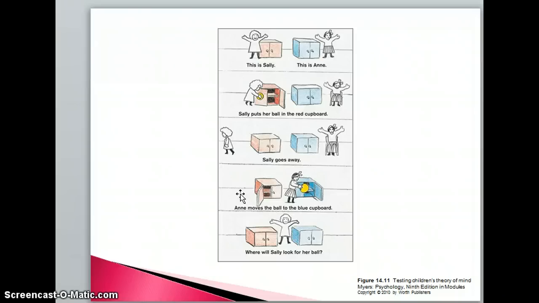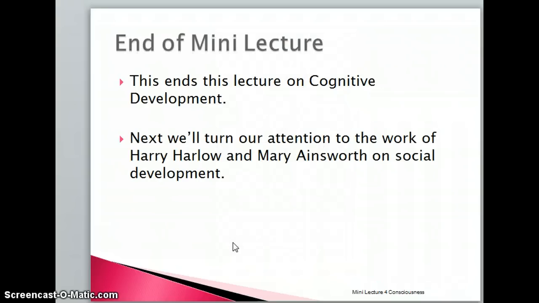Somebody who understands the perspective taking of another person would say, because Sally lacks the knowledge that Anne moved the ball, when Sally returns, Sally's going to look in her red cupboard. So egocentrism at this young age refers to that inability to see the world through the eyes of somebody else. So this is going to end our lecture on cognitive development,